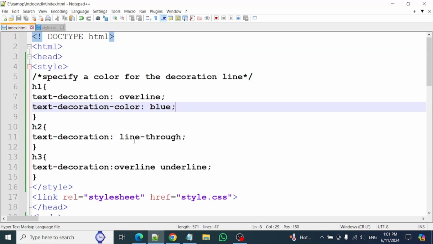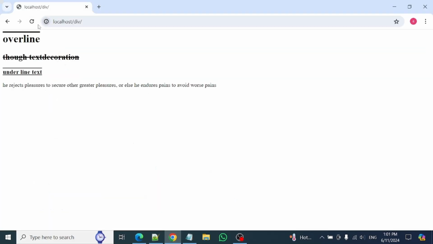Save the file and refresh the page. The text-decoration-color property is used to set the color of the decoration line,